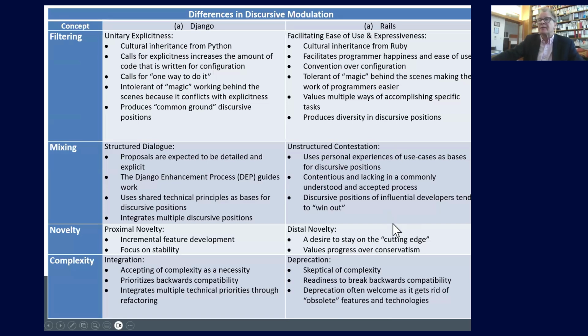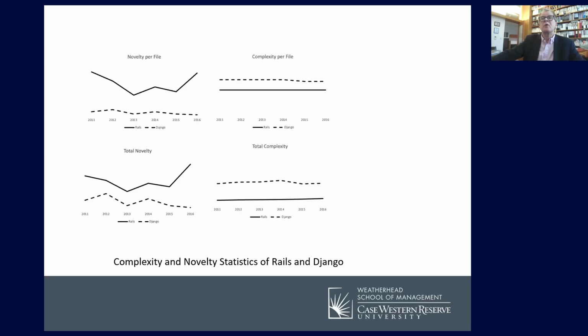And they wanted to be on the cutting edge, which is the digital novelty, and they valued progress over conservatism. They were skeptical of complexity. They didn't like it because it went against their idea of ease of expression and other things. So they were ready to break backwards compatibility, and they deprecated obsolete features and technologies. So just to point out,